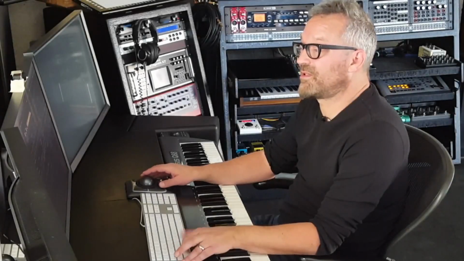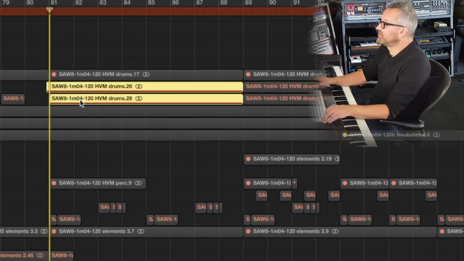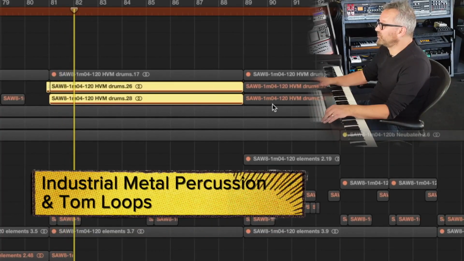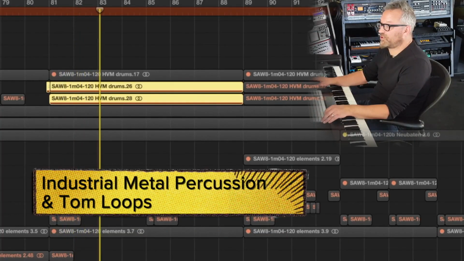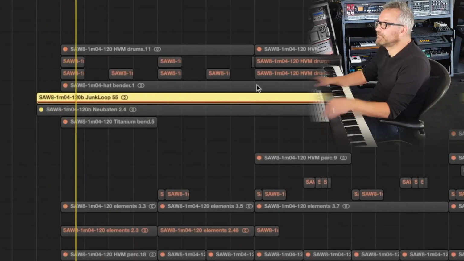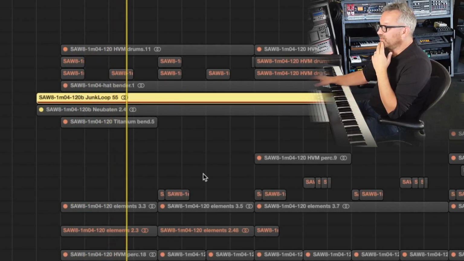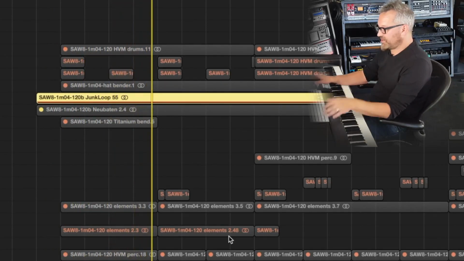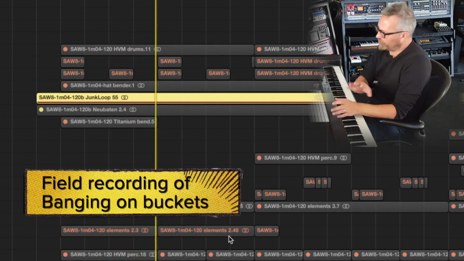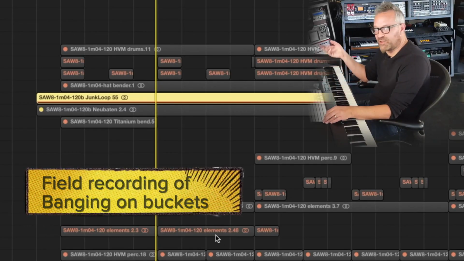See what some of these elements are. Okay, some big crashing industrial metal percussion and tom loops. That's actually banging on buckets. It's an old recording, but as I was fishing through stuff in Ableton, I came across this